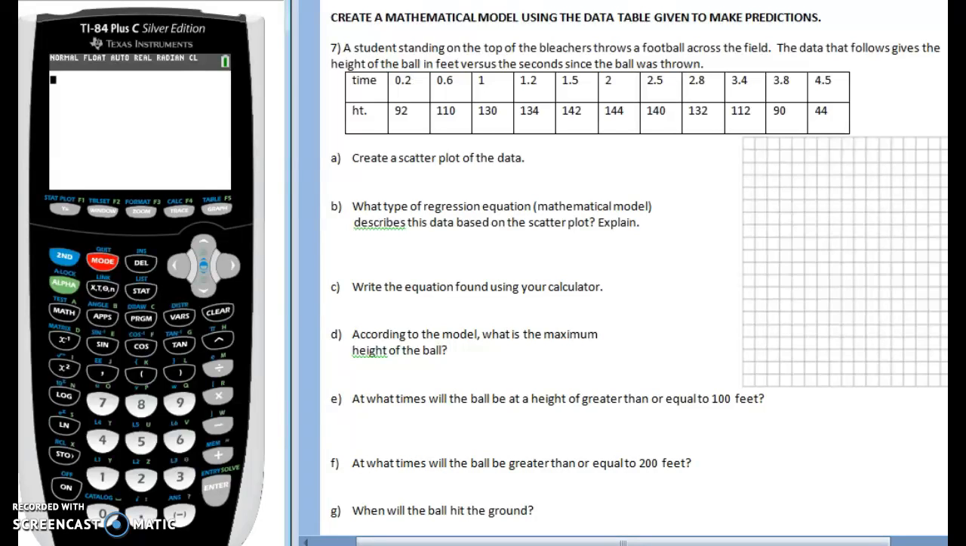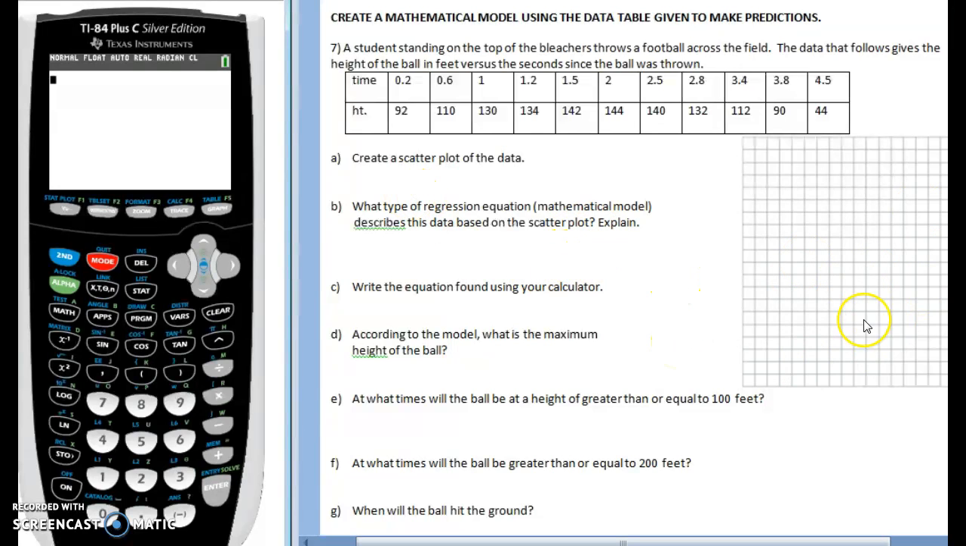Hi, this is the quiz review for 5.1 and 5.2, specifically looking at the back side of the review, which is your application standard. So the first question on it was just create a scatter plot, and I think that you should be able to draw that over here, making your x-axis time, your y-axis height. When you look at your scatter plot, again, you're just asking which one describes the data, and it can be,